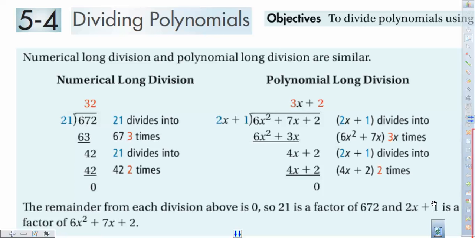Section 5-4 is having you now divide polynomials, which is setting a groundwork for what you're going to be doing for later on in this unit. Basically, what you should be able to do by the end of this lesson is take any polynomial function and divide it by any linear